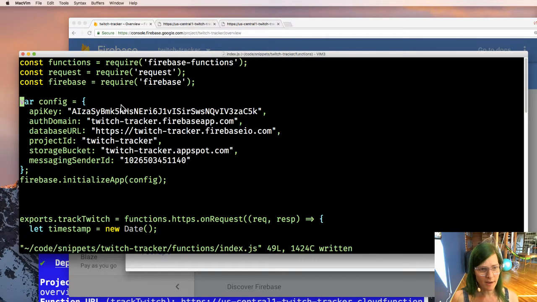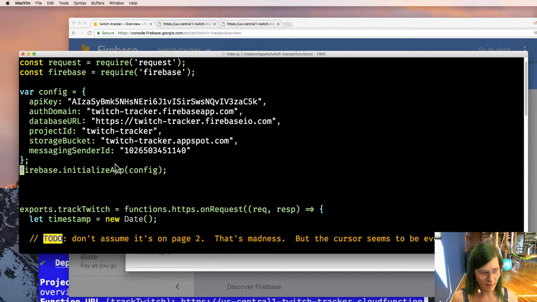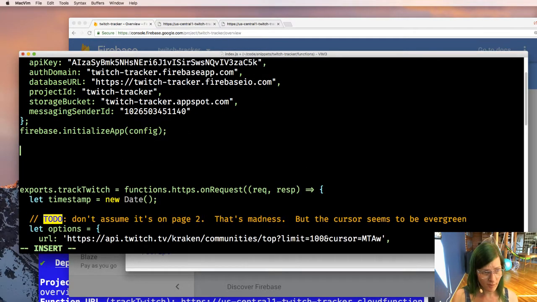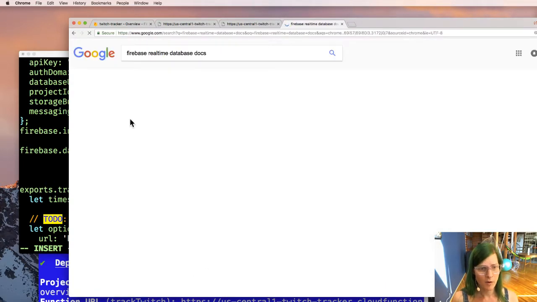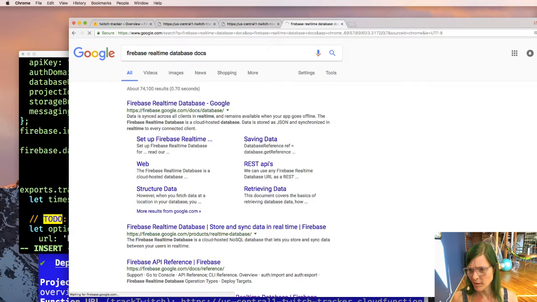This has an API key and project ID and a bunch of other stuff. This is overkill, I don't need all of this, but it's fine. So Firebase.database. Okay, let's go to the docs because I can never remember anything. We'll do one quick blitz all the way down here.